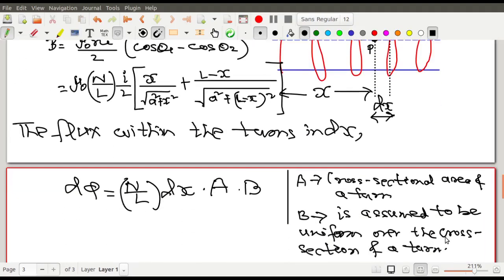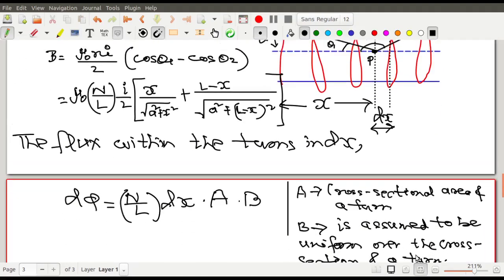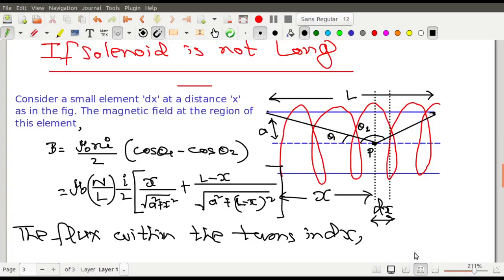So B is assumed to be uniform over the cross section of a turn. তার মানে অ্যাকচুয়ালি তুমি যে বি এর এক্সপ্রেশনটা ইউজ করেছো, the expression of B that you have found, you remember that this B is actually the B on the axis of the solenoid. এই যে বিটা আমরা বের করি, এই বিটা কোথাকার বি? This is the B on the axis of the solenoid, but I consider the B to be same over this